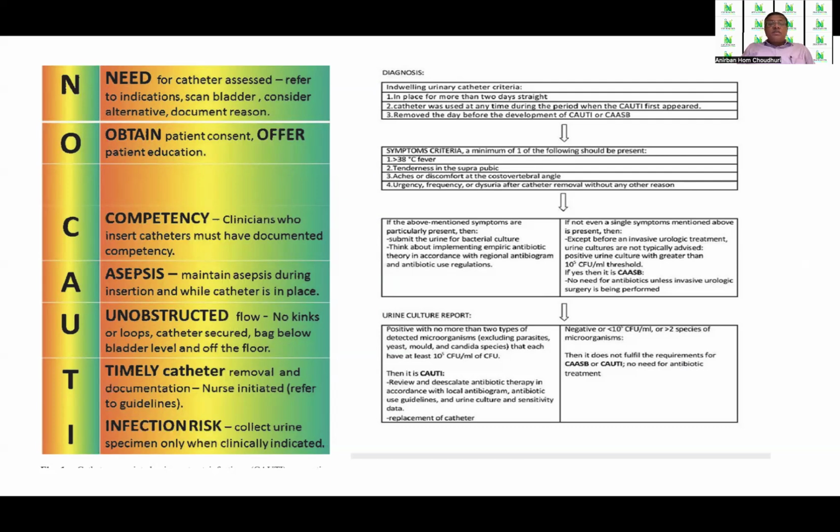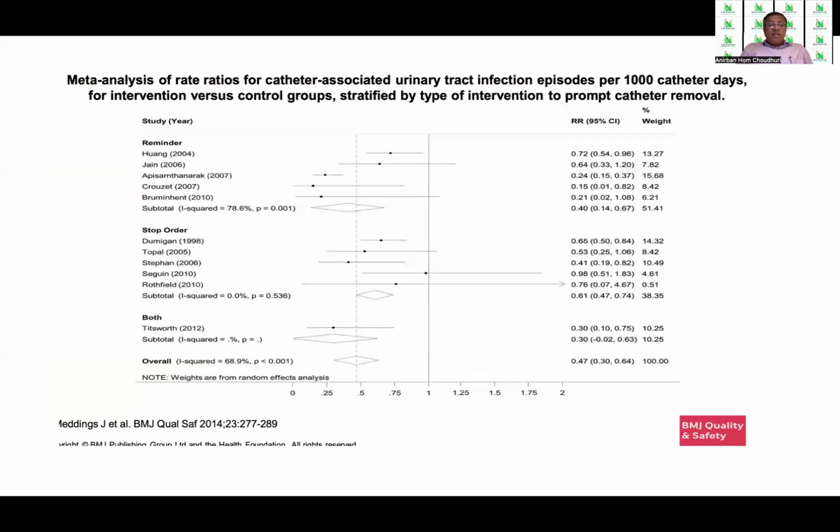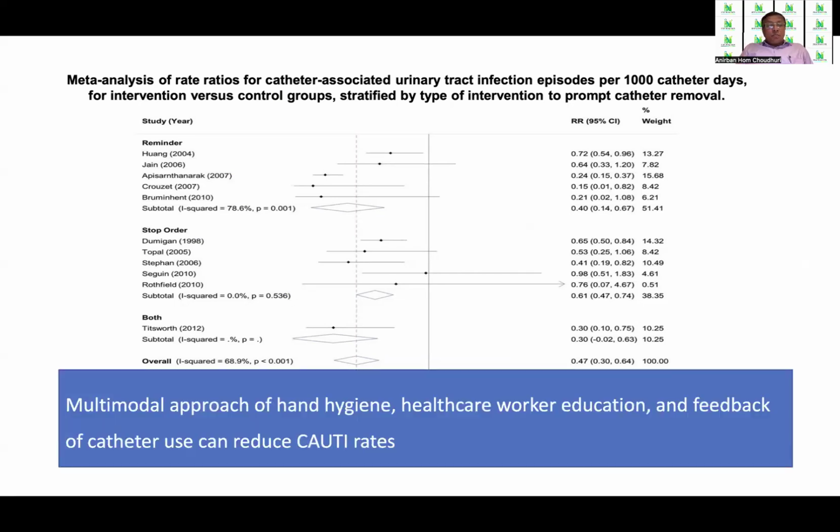So the diagnosis is based upon a multitude of signs and symptoms, of which I have elaborated the basic panels in my earlier slide. But it is clearly seen in most of the studies compared that by using this bundle approach, the diamond shifts to the left, that is, it improves. So the multimodal approach of hand hygiene, healthcare worker education, and feedback on catheter use can significantly reduce CAUTI